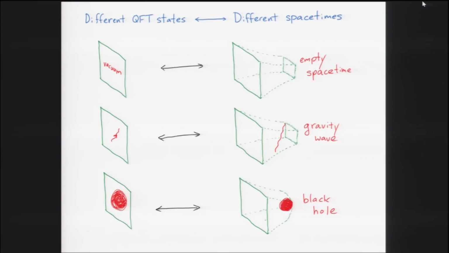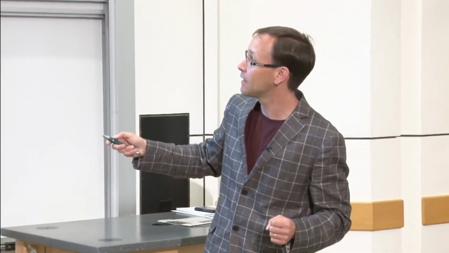I could also add in a little bit of energy. I could add in some excitation into my field theory. And so that would be a different quantum state of the field theory. And that might correspond to a small excitation in the space-time, like having a gravity wave go through there. Or I could add a lot of energy on the field theory side. And then on the gravity side, you could have something that looks qualitatively different. We know in gravitational physics, if you put in lots and lots of energy, you can form things like black holes. And so even something as exotic as a black hole is being described through a more or less ordinary state of the quantum field theory. It just happens to have a lot of energy in it.